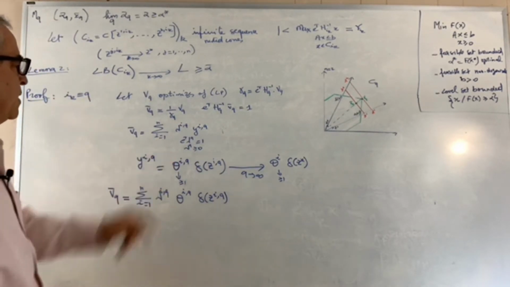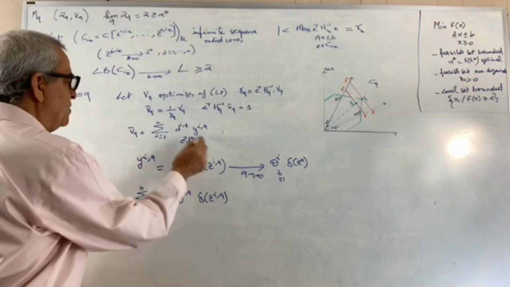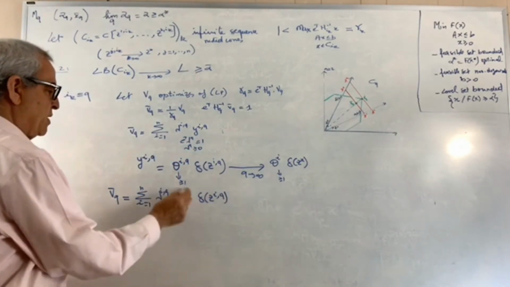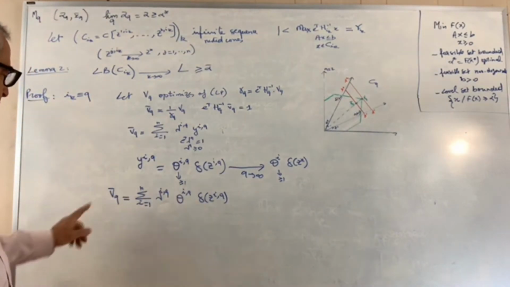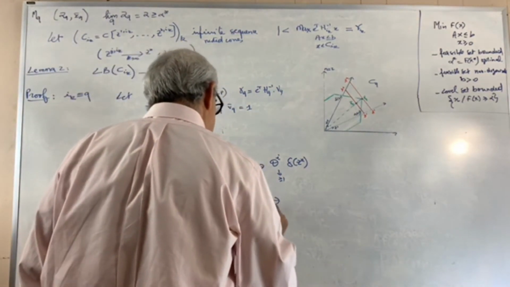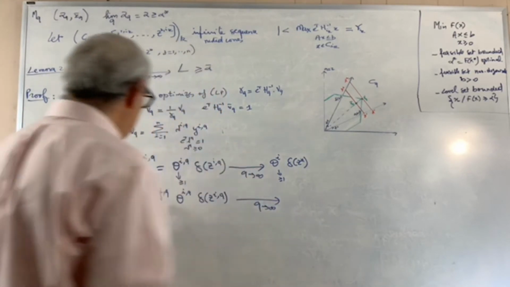So the lambda q belong to a bounded set, and delta of z_iq converges, and the theta iq also converges subsequentially. So V bar q converges as q goes to infinity to the sum